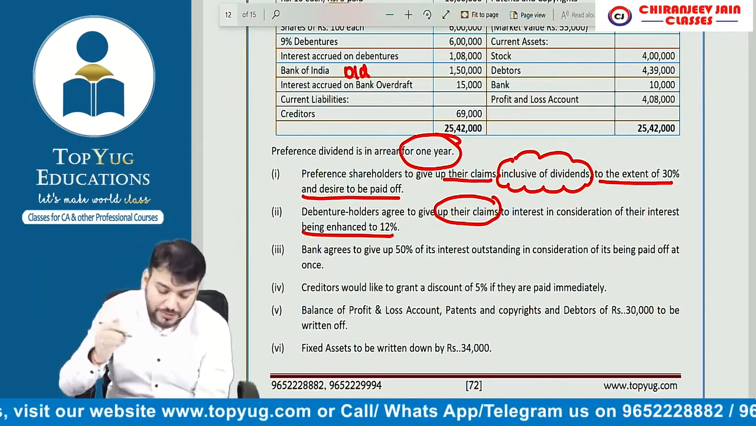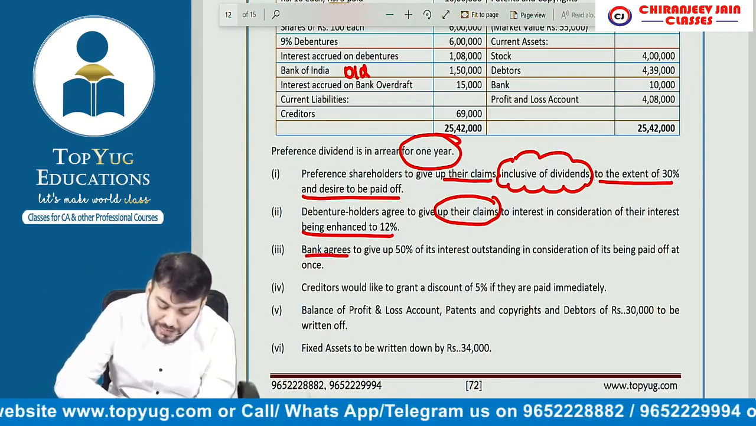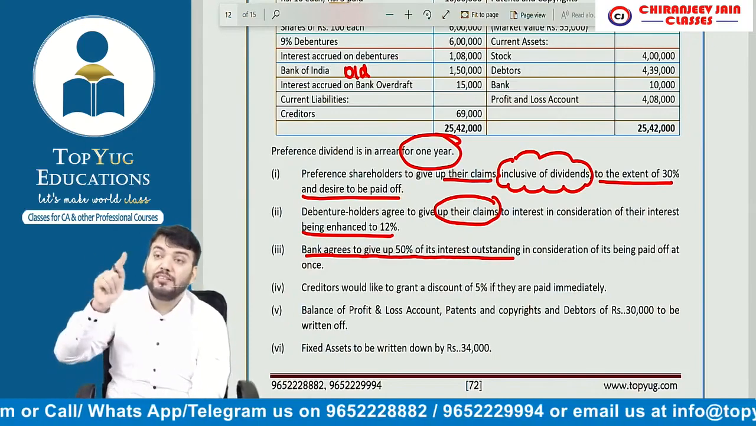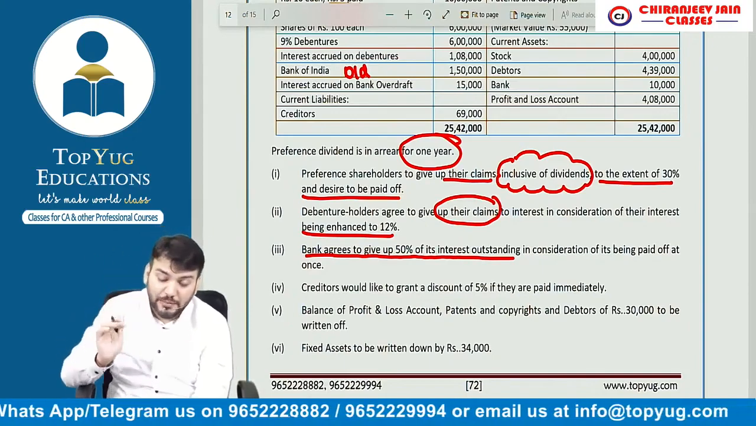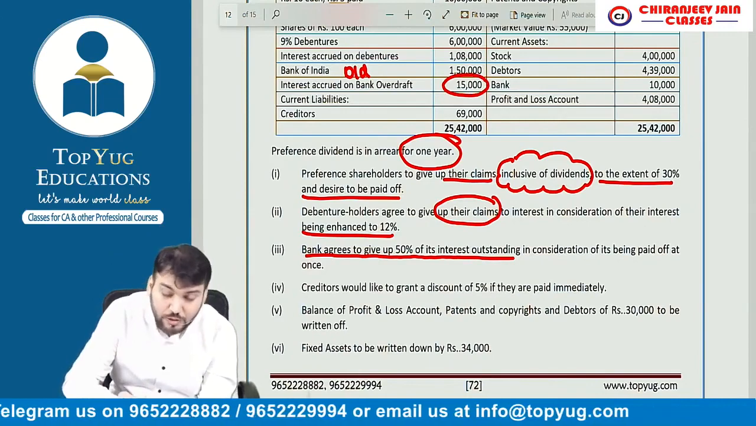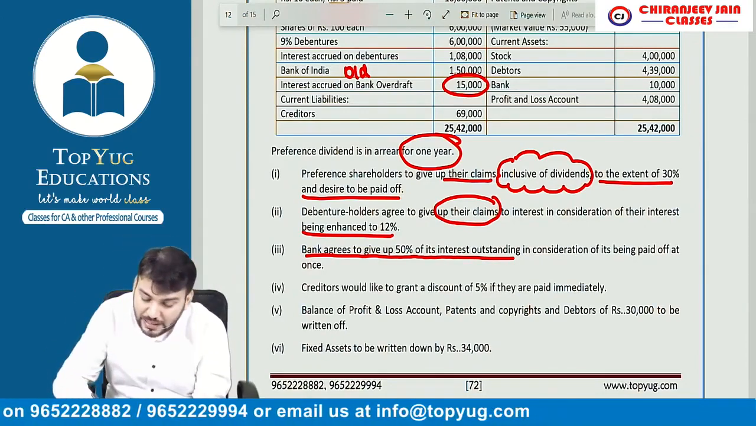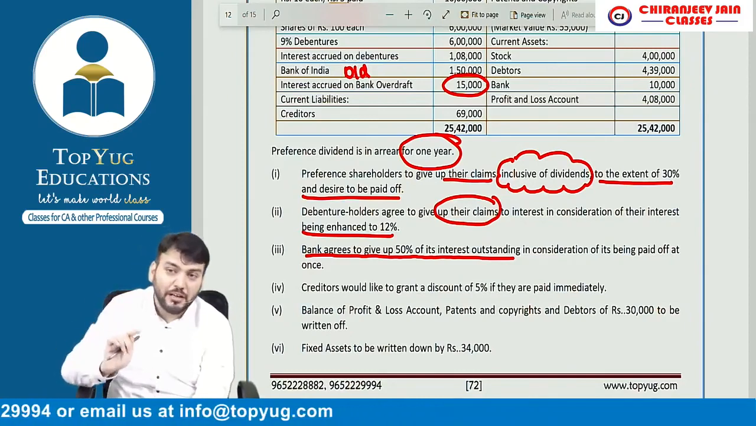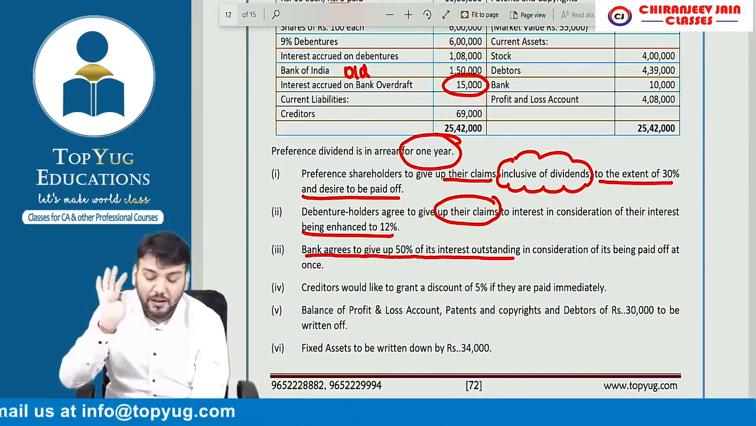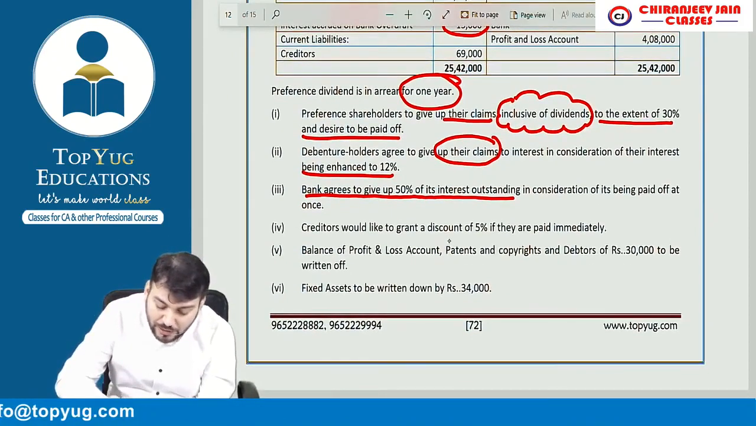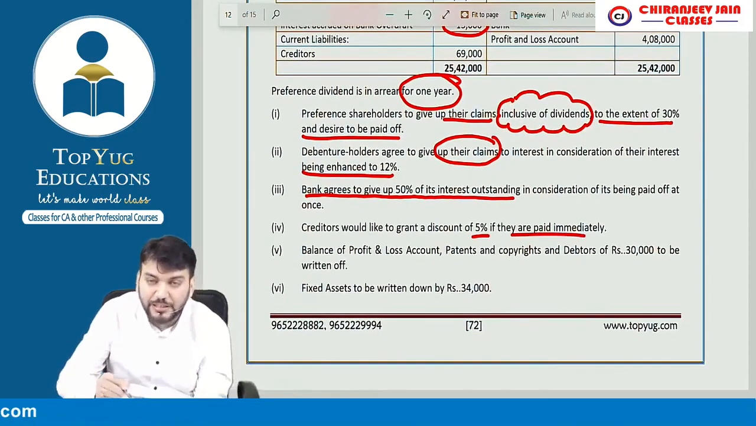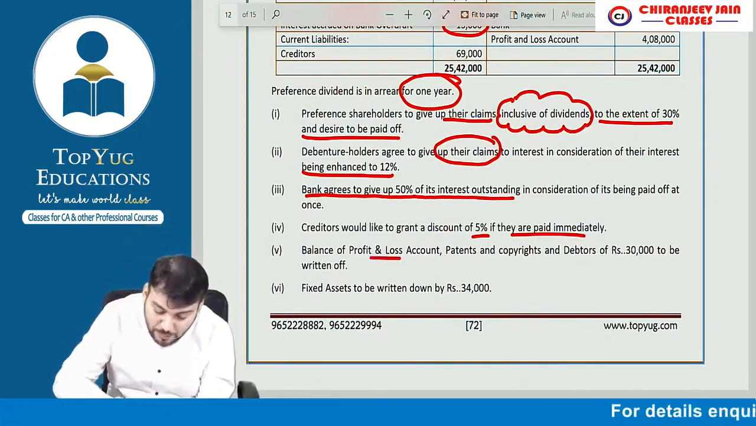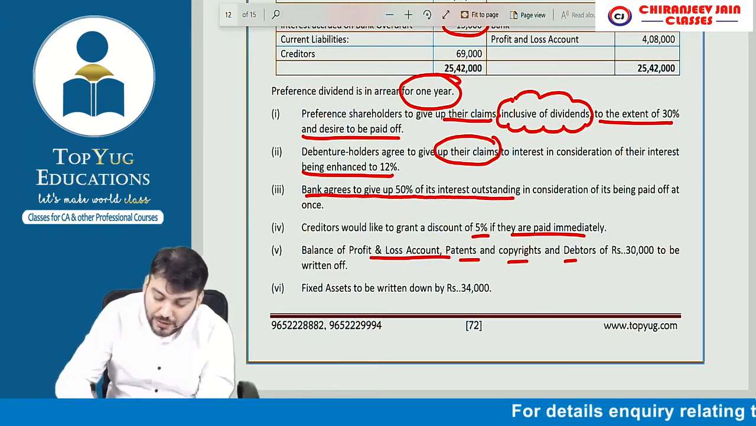बैंक एग्री टू गिव अप 50% ऑफ हिज इंटरेस्ट आउटस्टैंडिंग, बोला 50% ऑफ इंटरेस्ट आउटस्टैंडिंग विल बी वेव्ड। मींस इंटरेस्ट आउटस्टैंडिंग 15,000, उसका 50% वेव कर देगा इन कंसीडरेशन ऑफ बीइंग पेड अप एडवांस। क्रेडिटर वुड लाइक टू ग्रांट अ डिस्काउंट ऑफ 5% इफ दे आर पेड इमीडिएटली, मतलब 5% का डिस्काउंट देगा अगर आज ही पेमेंट कर देंगे, यस सर।